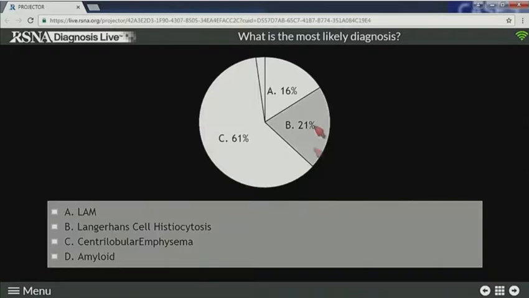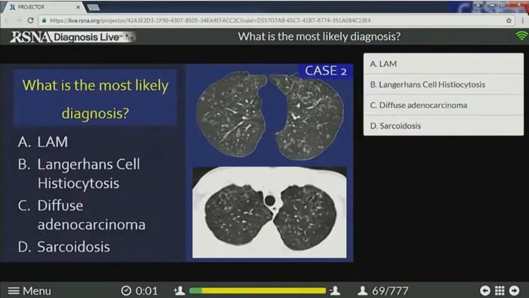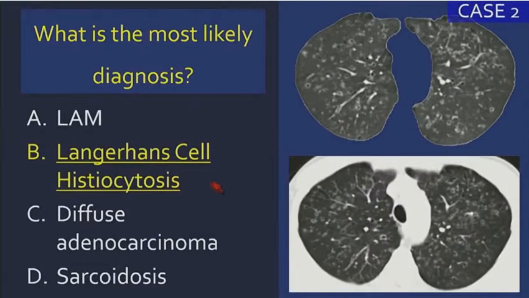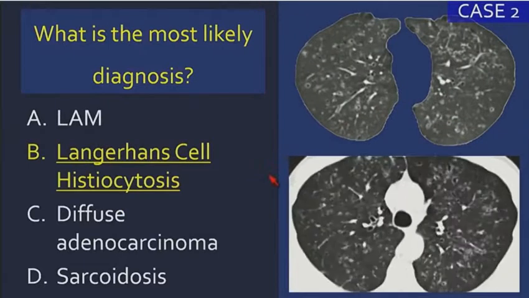Okay, I may have the wrong question pulled up here, but let me see if I can get back to it. We'll go over the answer nonetheless. All right, so hopefully most people knew that this was Langerhans cell histiocytosis, or selection B, and let's go over